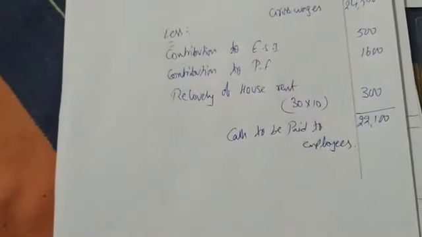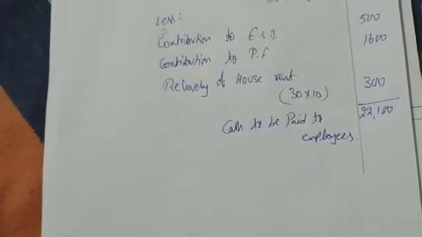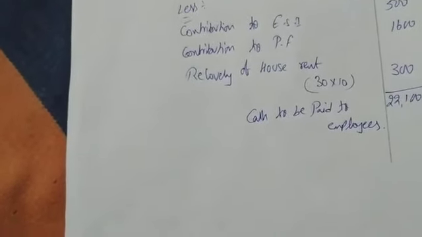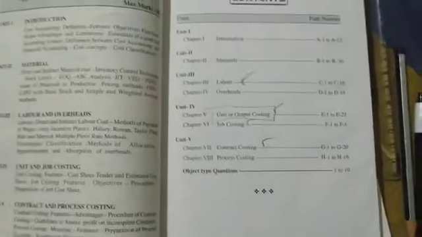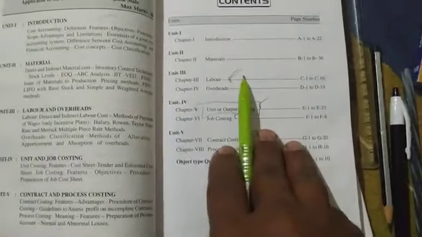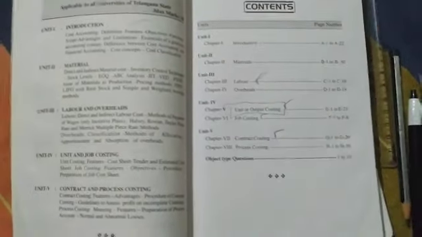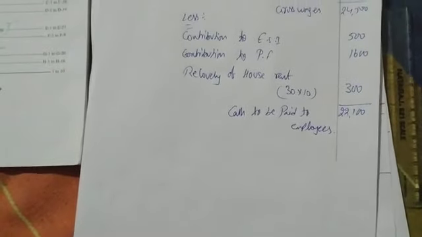Two or three problems earlier we have done, and two problems more we are doing. So this is enough for the calculation of labor cost. Rarely he is asking these questions. So let us start a new topic, that is materials. Materials is very much important. So what I'll do, I'll first send this class with these two problems, then I'll start the new topic in a new, different video.